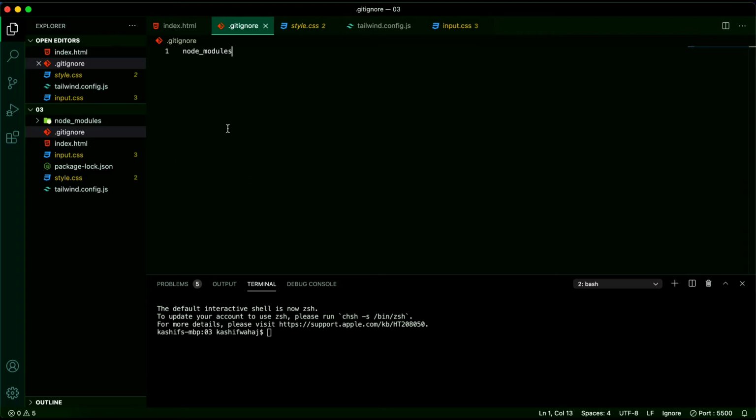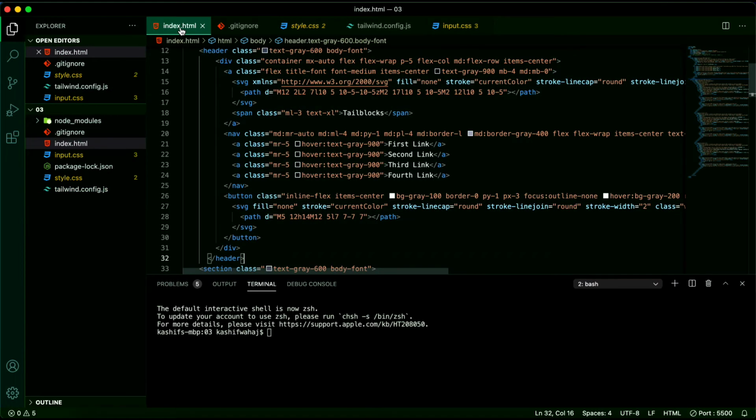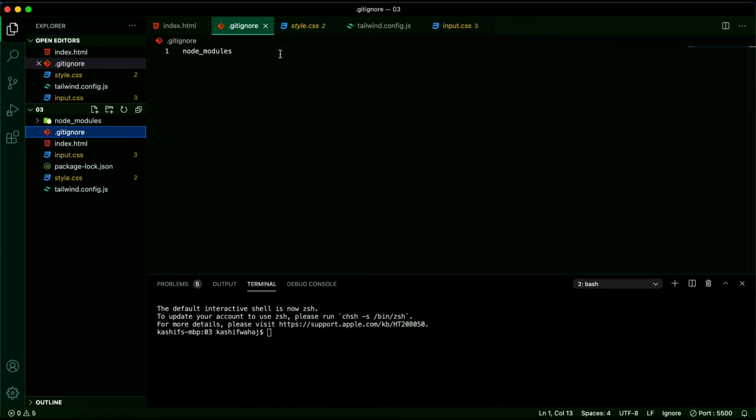And the second thing, I guess you don't want the rest of the things. Package lock can go, your input style, your output style can go, but still keep your HTML and your config, so that you know what configs you set, because in future you may have some theme or plugin, so you do want that on your GitHub. But in future, if you have some assets or very large files, you don't want to push them to GitHub, so you simply write the name in .gitignore and it will not get pushed,